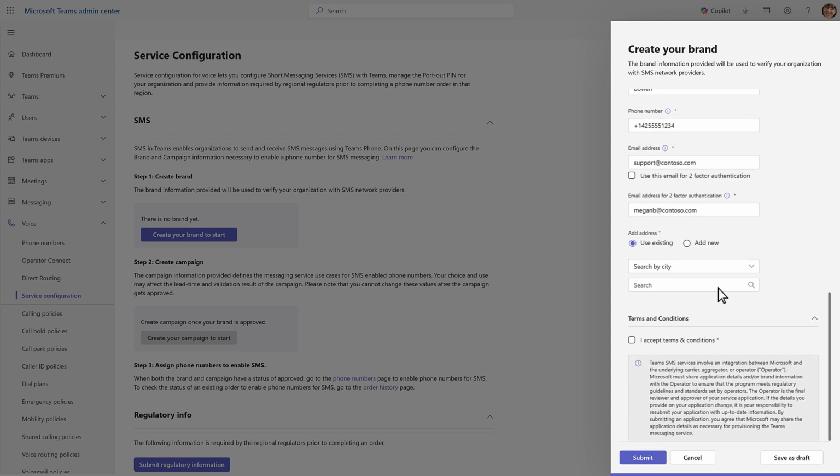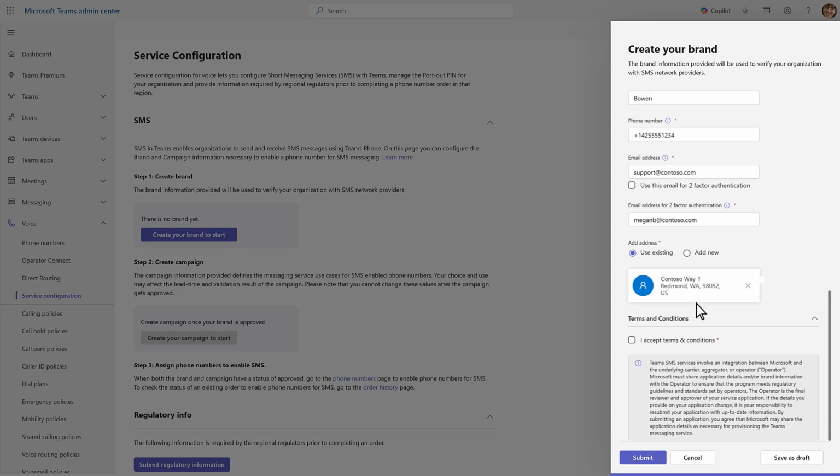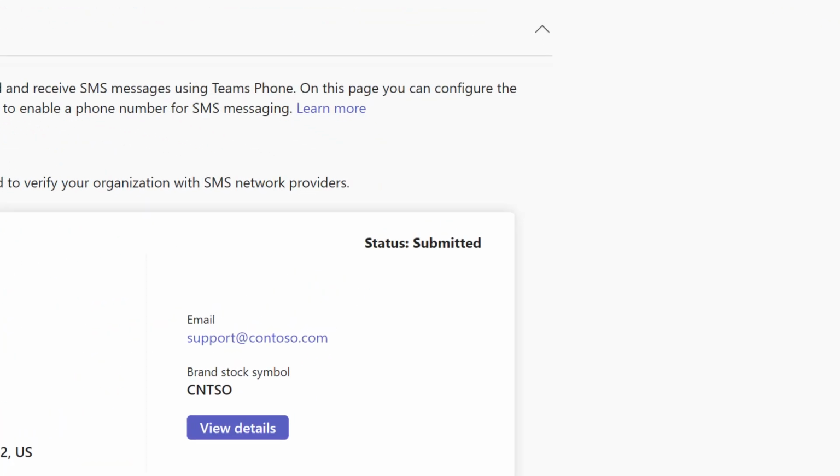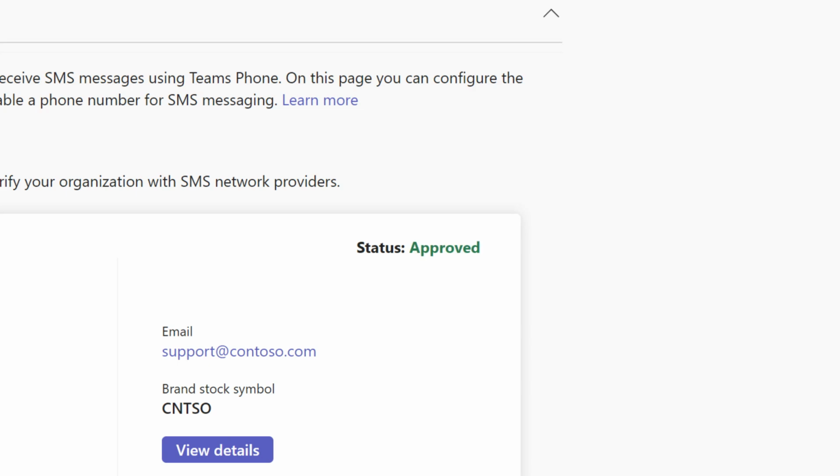Enter the legal address where your company is registered. You can choose an existing saved address or add a new one. Ensure it matches the legal address on your corporate registration. Finally, accept the terms and conditions and select Submit. Once you have submitted your brand information, it will undergo a third-party review and approval process. Review times may vary, but typically take multiple business days. When the review is complete, the status will show as approved, and you can move on to the next step,